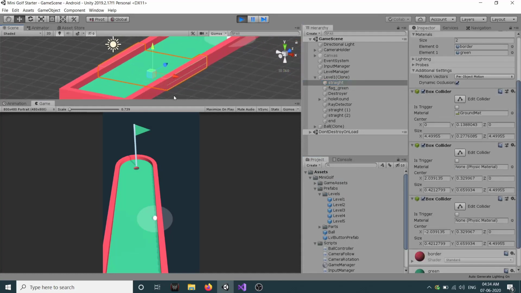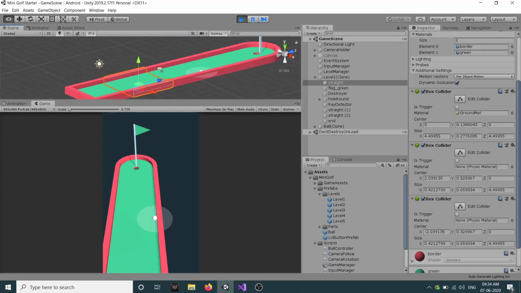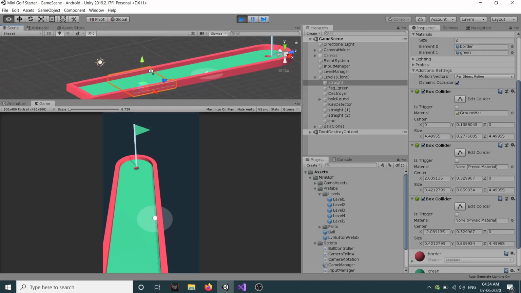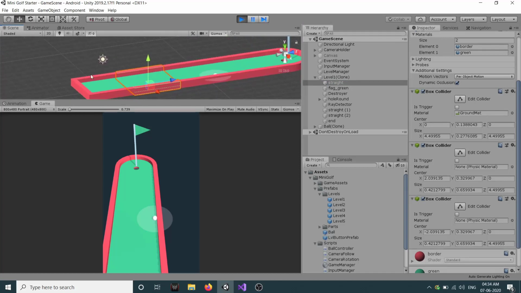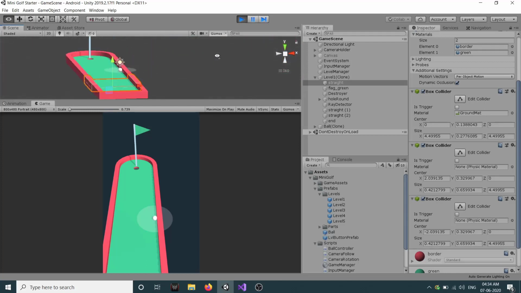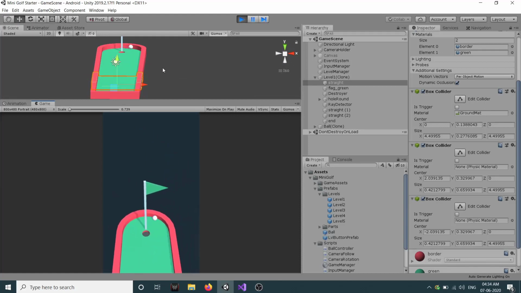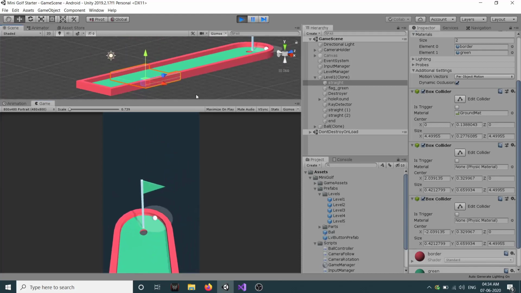Now I have adjusted all those box colliders as much as I can to make the level as smooth as possible, so there can be some chances like the ball bouncing off and all those things. So you just make sure that the colliders are correctly arranged.